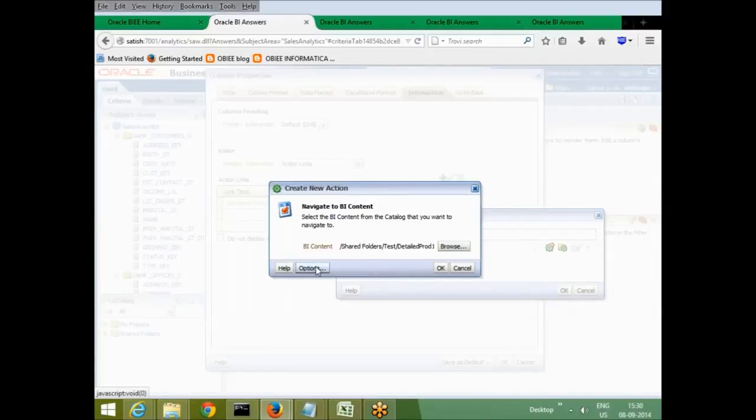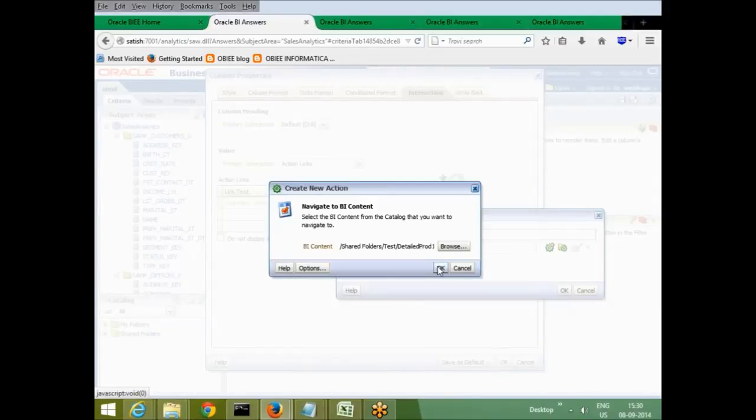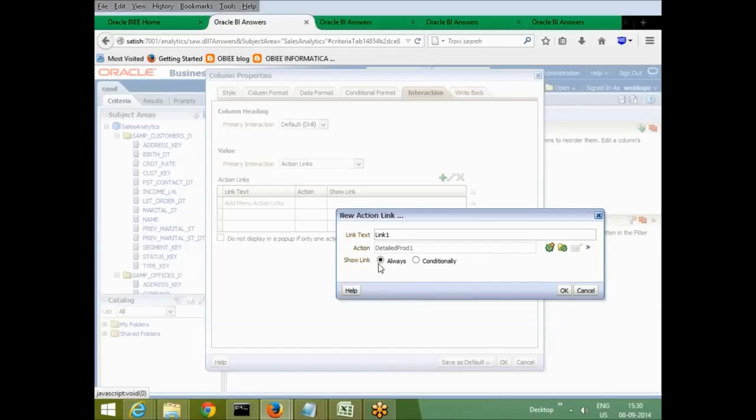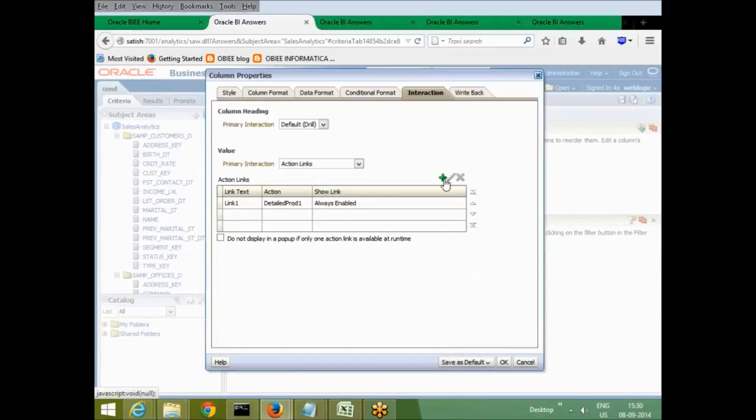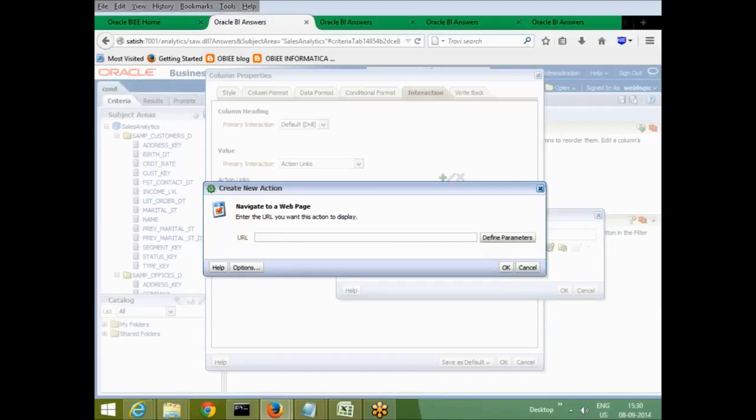Okay, and also if you see the option, it will show you there are some other options also there. So these options I will come to later. I'll select open in new window. That is one option I'm selecting. Say open. Show link always or conditionally. I'm selecting as always. I'm selecting link to as web page, and I'll give